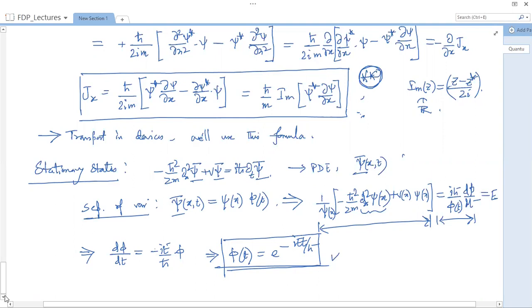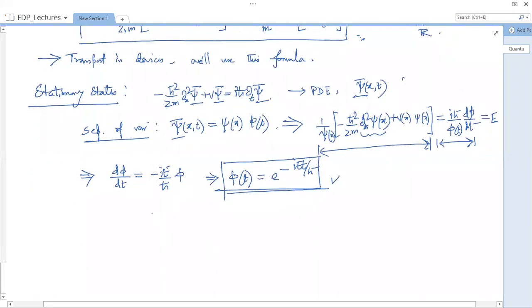So immediately you know that your total wave function psi of x,t is some psi of x times e to the power minus iEt by ħ,